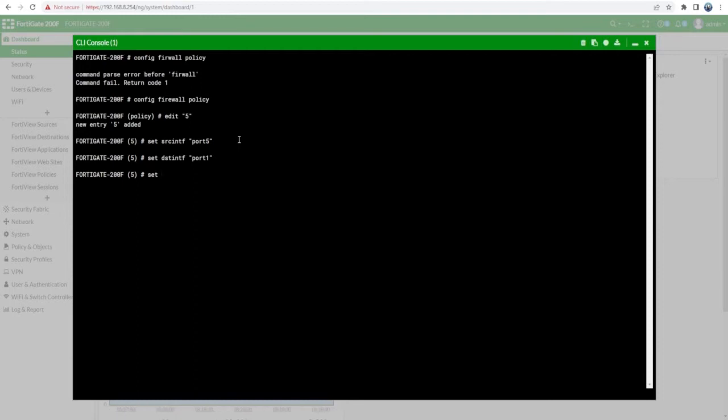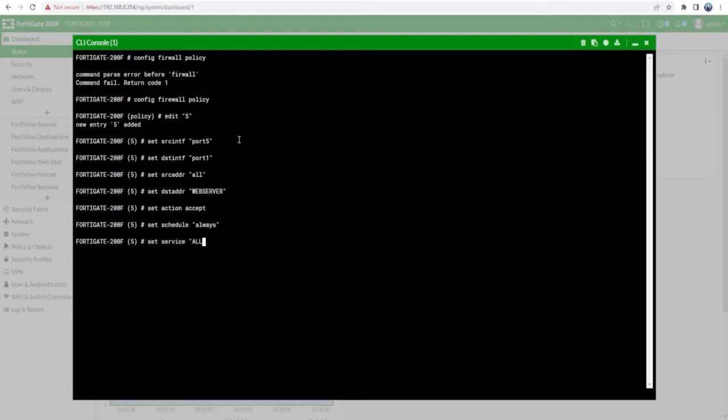And then set the destination address to the internal web server's address, which is basically the name we declared earlier for the VIP, which we called web server. And then we're going to set the action to accept, and set the schedule to always, which means that it's always live. So you can actually have time policies for like work. I'm going to set the service as all to allow all traffic, and then I'm going to set the NAT to enable,